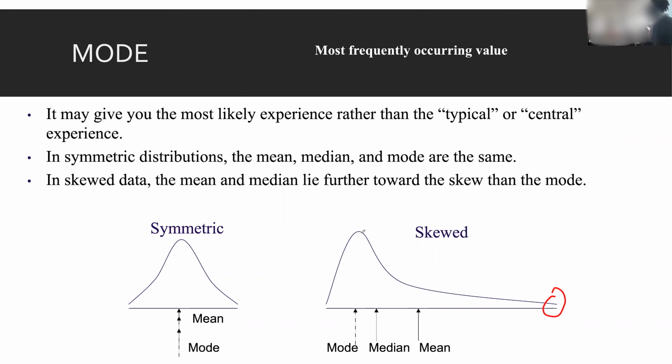Whilst in the earlier case, the mean was just taking us away from it. But with the median, and then of course the largest frequency number, it's gearing us more towards what is happening in the center. So pretty much, it may give you the most likely experience rather than the typical or central experience. When the data is symmetric, they're pretty much the same. But when it's skewed, it's completely different. And when it's skewed, you've got a mode going more towards the center, and then the others